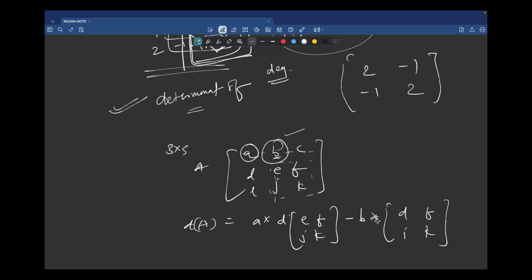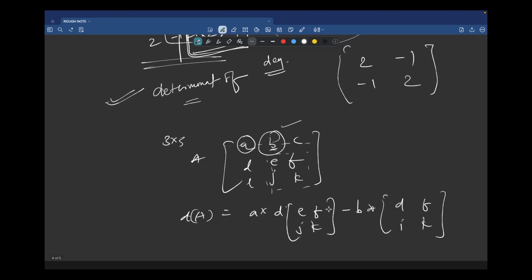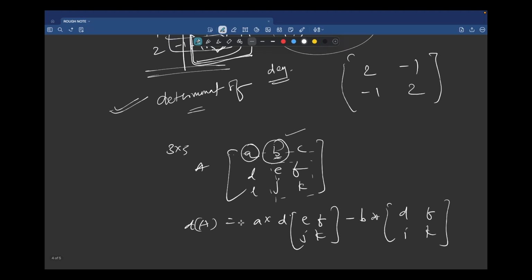Okay, and also, first we take plus, then minus, again plus, then again minus, and so on. After b it's a term of c, right? So c into, and for the c it's plus because in the previous it was minus, so we just alter the signs, right? Then b, so we are going to exclude all the contents present in the cth row and the